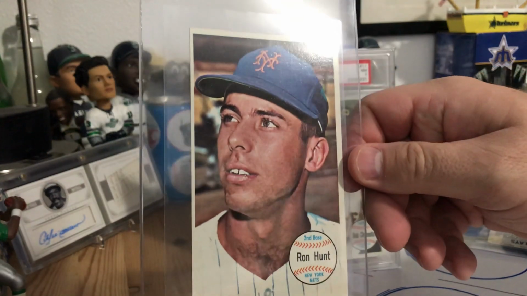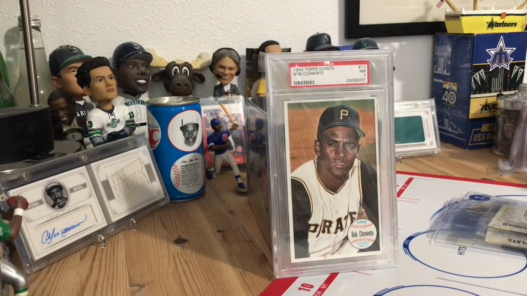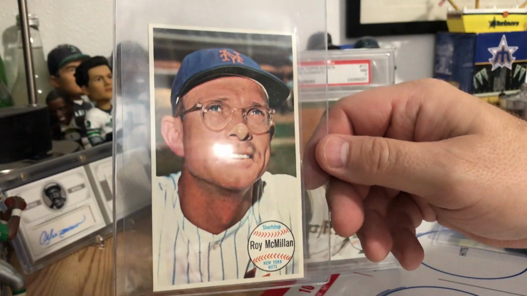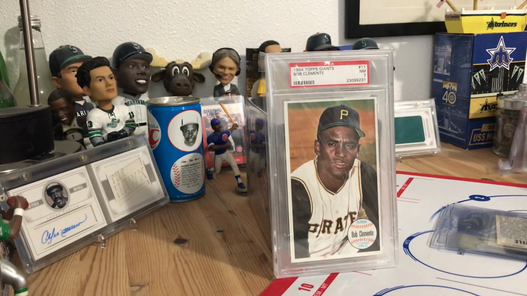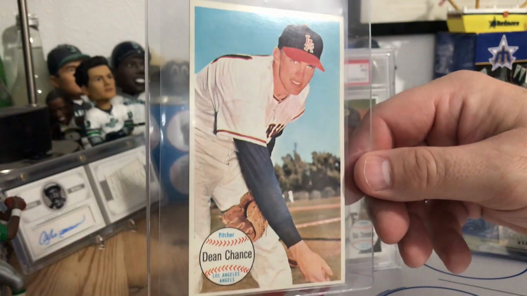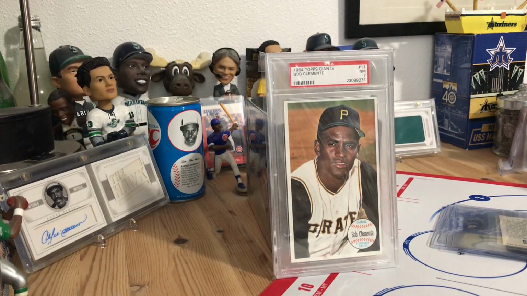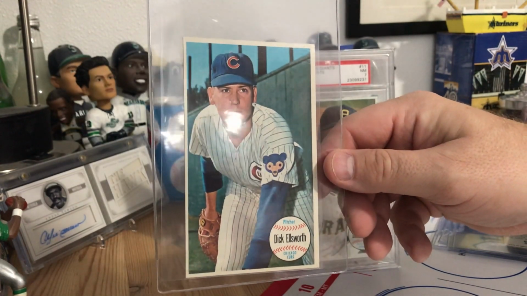Mr. Ron Hunt, New York Mets, and you see I already have them all sleeved and in a card saver 4. Mr. Roy McMillan. There's not going to be any superstars in here, with the exception of one former MVP, Dean Chance, Los Angeles Angels. I love the photography in these. I just love the card, so I'm very, very glad that I decided to do this set